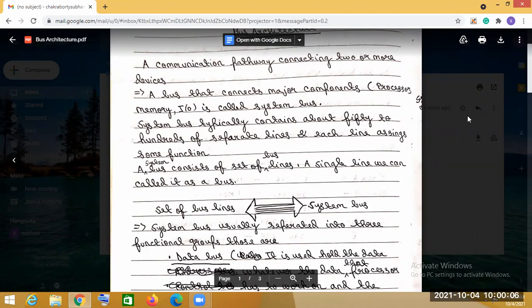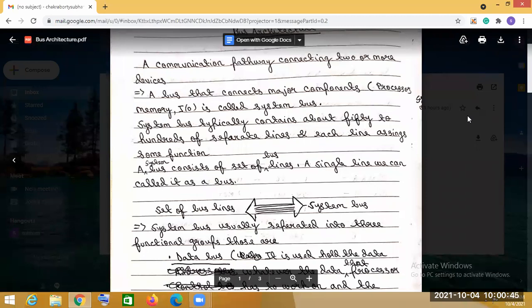I have said that each line is assigned some function, which means the system bus has functional groups present. It is separated into three functional groups, and they are the data bus, the address bus, and the control bus.